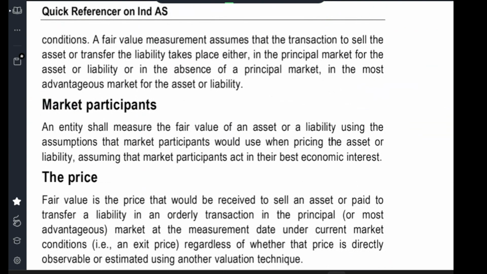In the same condition. It's not a processed condition. On the same condition, it should be there. The fair value measurement assumes that the transaction to sell the asset or transfer the liability takes place either in the principal market for the asset or liability, or in the absence of the principal market, in the most advantageous market for the asset or liability. The transaction should also say which principal market or auxiliary market it will take place in. And this transfer should take place